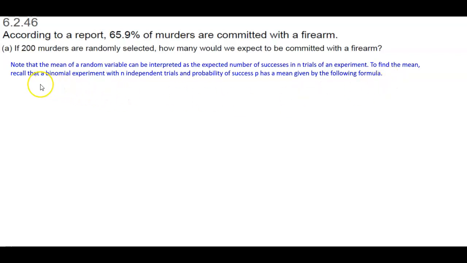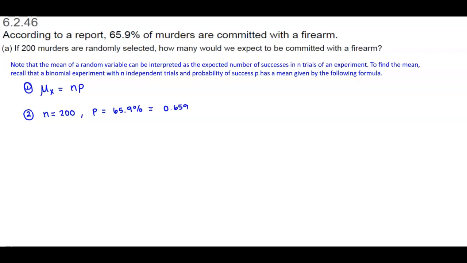To find the mean, recall that a binomial experiment with n independent trials and probability of success p has a mean given by the following formula. The mean is going to equal n times p. Now we need to determine what n and p are in our problem. We know that n is equal to 200, and the probability is 65.9%, which converted to a decimal is